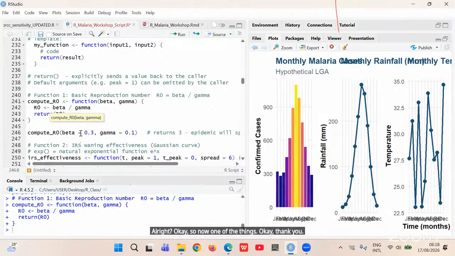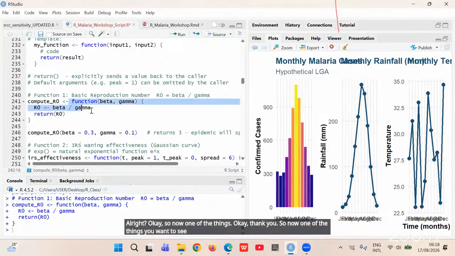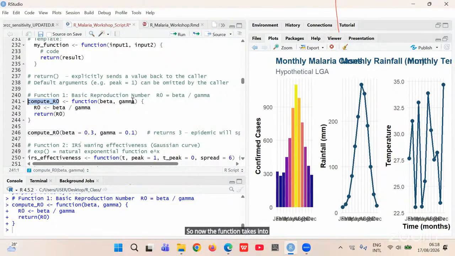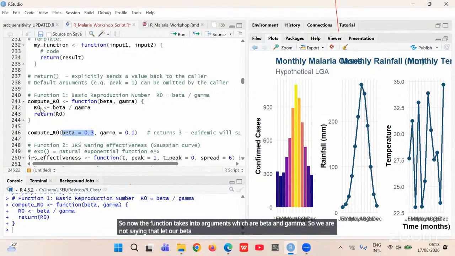So now one of the things you want to see here, because we have assigned this function to compute R naught, this is what we'll be dealing with, because this is the variable name taking that function. So now the function takes two arguments, which are beta and gamma. So we are now saying let our beta be equal to 0.3, because before we can compute, we must supply the values. Let gamma be equal to 0.1. So if I'm going to run this now,